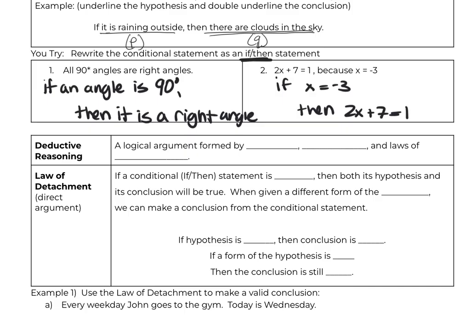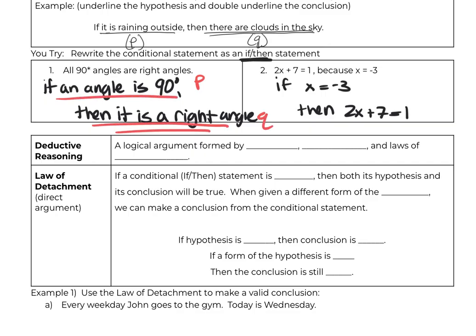All right, now you may have something a little bit different. And again, you're just learning, so don't be surprised if you're a little off. This started out by giving us a 90-degree angle. Sorry about that star, that should be a degree. I'll have to work on that. So if an angle is 90 degrees, that's the thing I have to start with, then it is a right angle. That's the conclusion. So if and then, again, this is my P, this is my Q, one underline here,